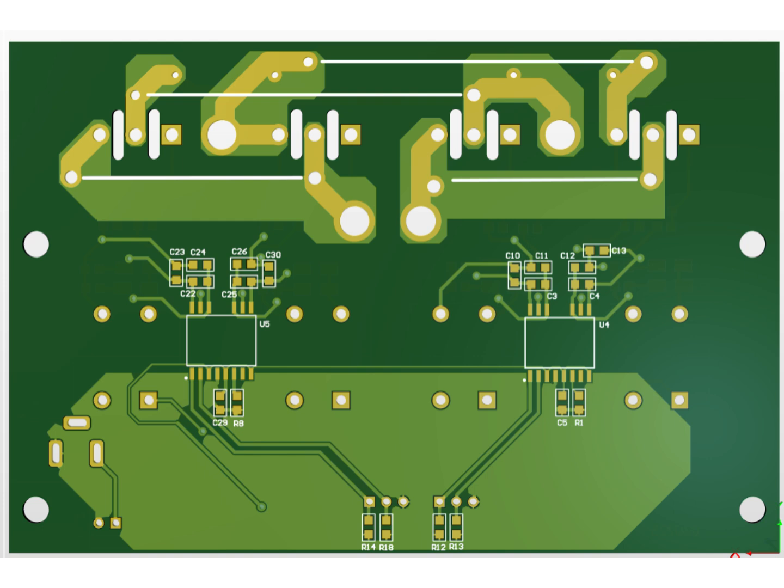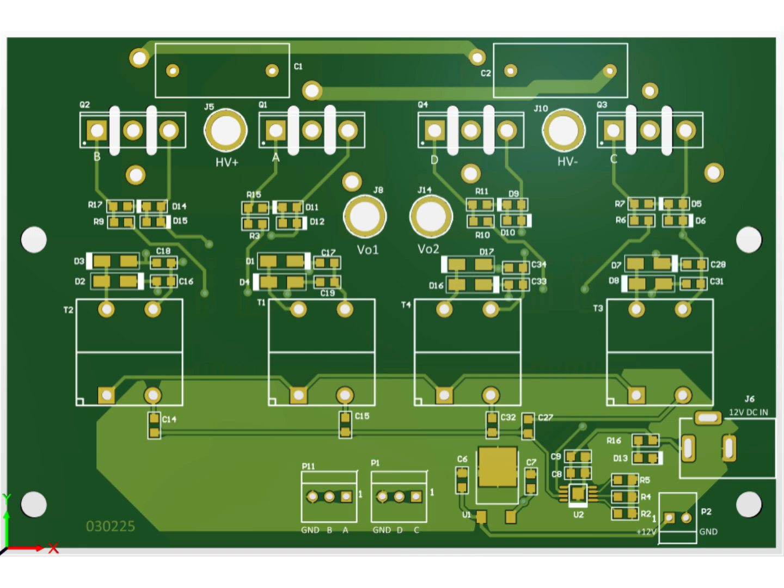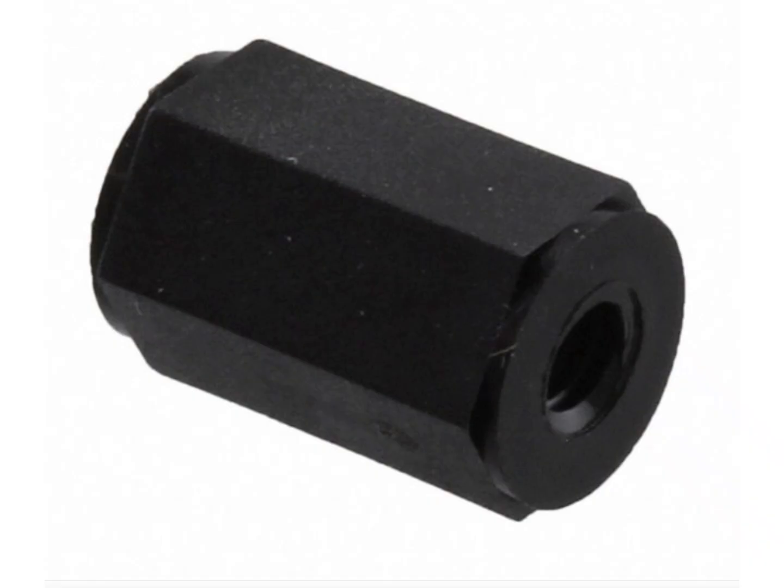The PCB includes 4 mounting holes, each with a 4 mm diameter, positioned near the corners of the board. During assembly, 10 mm plastic spacers are used along with 3 mm bolts to mount the PCB securely to the chassis or base plate. Using plastic spacers provides mechanical support while maintaining electrical insulation, ensuring safe clearance between the PCB and the mounting surface. This mounting arrangement improves mechanical stability, reduces vibration, and helps maintain the required creepage and clearance distances in the high-voltage